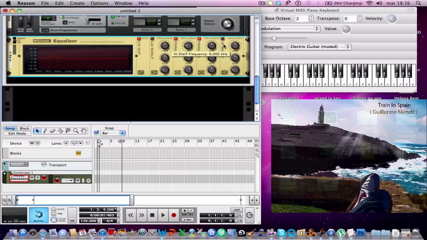In Param 2, the frequency goes up to 2026 kilohertz. The gain goes down to minus 4.6 and the Q to 7.3. Now the high shelf, we leave the frequency there and the gain we pop up to 6.6 decibels. Okay, so here with the EQ,